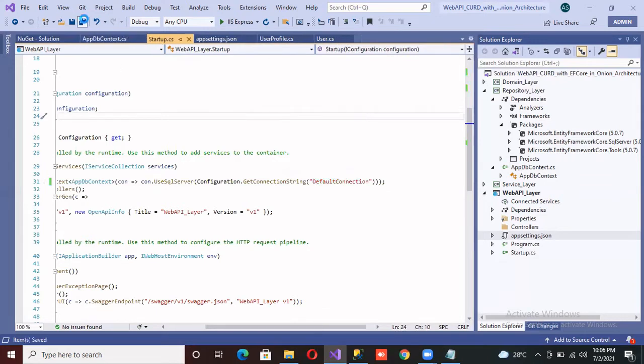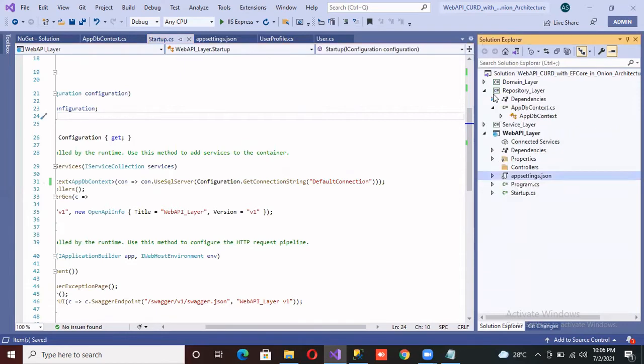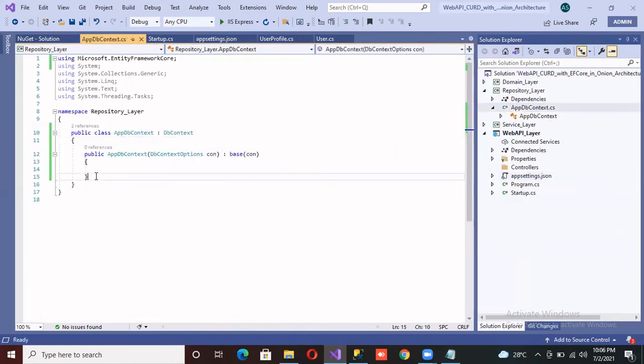Okay, now I'm done with the connection string, and now for creating the table, this is, as I told you, the code first approach. I established the connection between my application and the database. I get the connection strings. Now here I want to give a